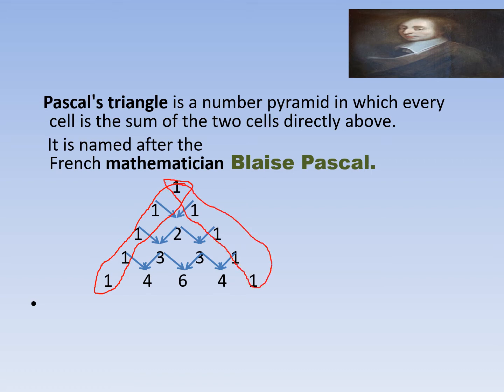The middle entry is how you are writing. Suppose this is 1 1, then their sum is 2. In the third row it will be 2 here, and the rest 1 1 will be as it is. Then you are going to add again, moving along the arrows, and it will be 3. Then 2 plus 1 is also 3. Then next entries, 1 plus 3 will give you 4, and 3 plus 3 is going to give you 6. In this way you are going to continue. This was given by the French mathematician Blaise Pascal.